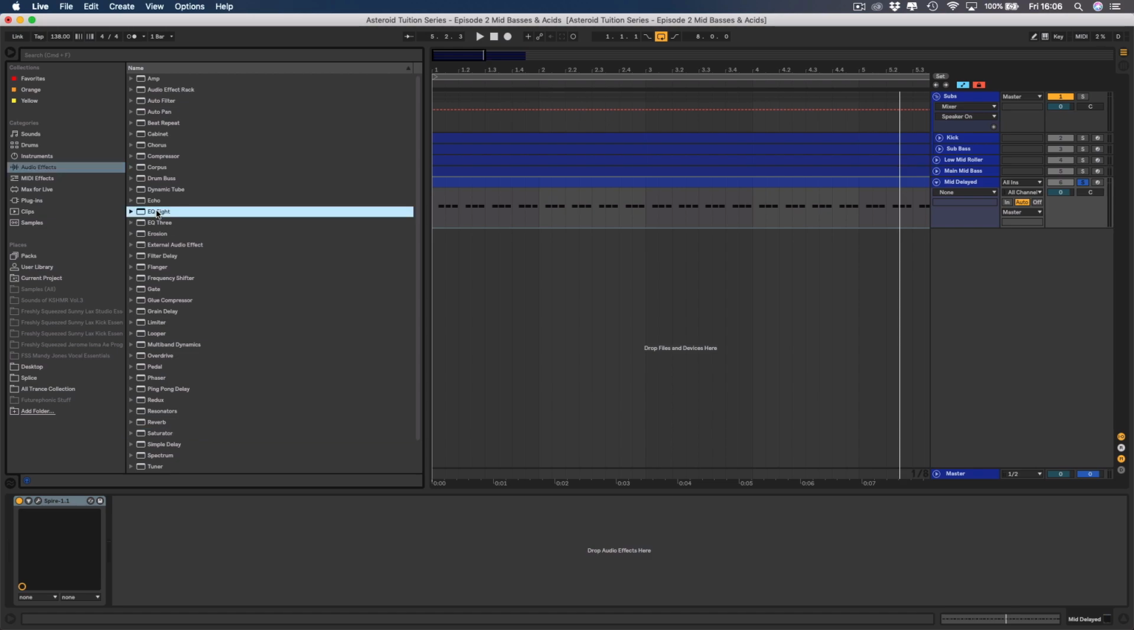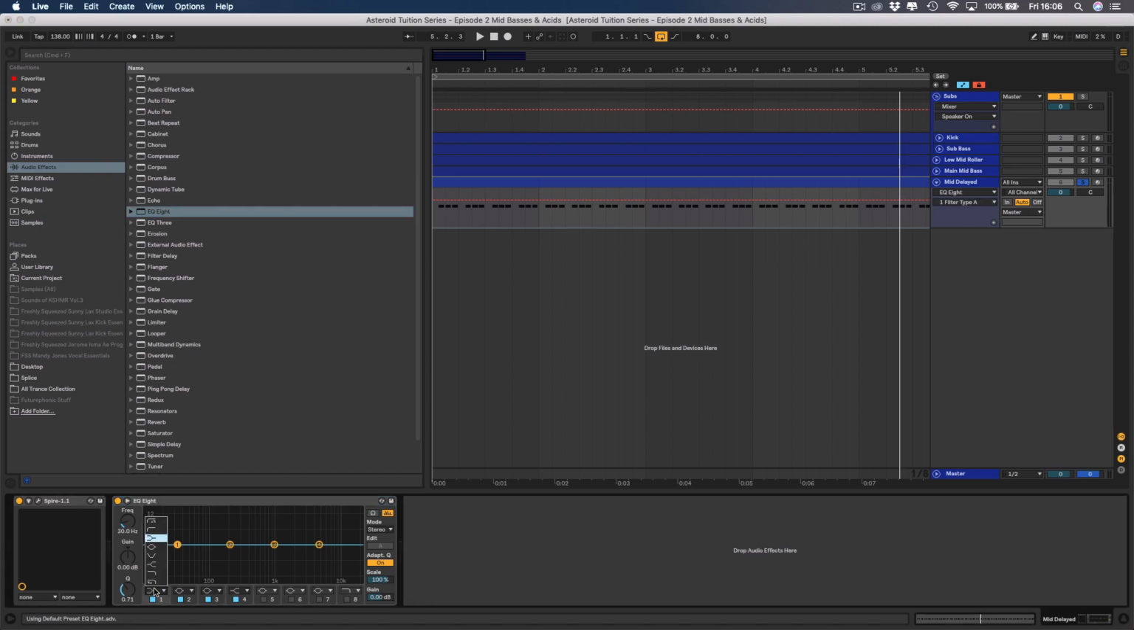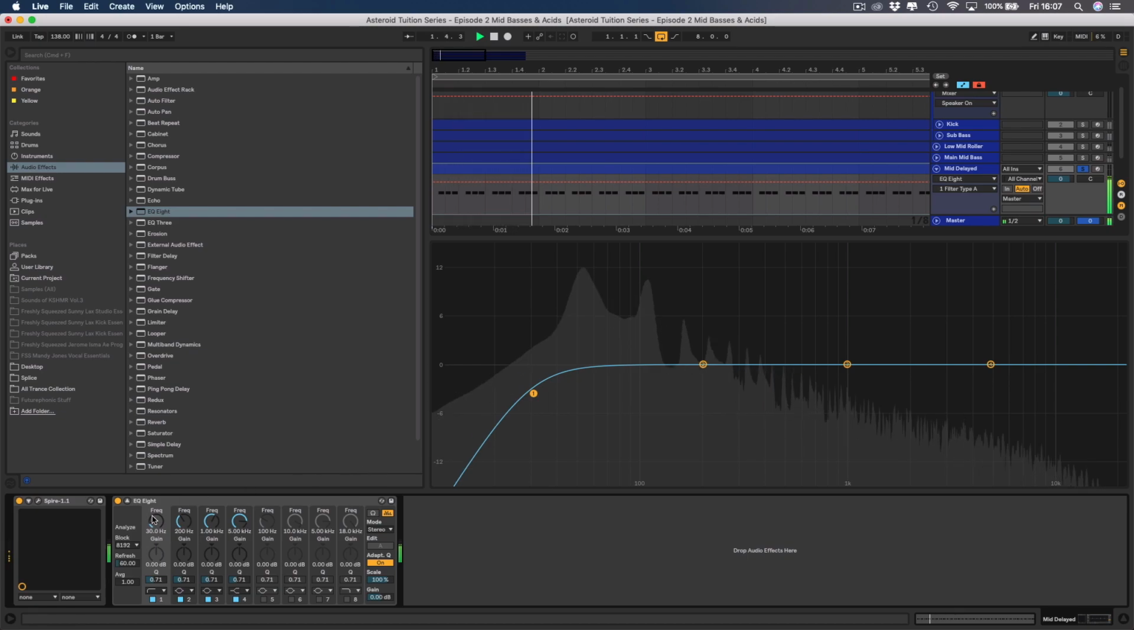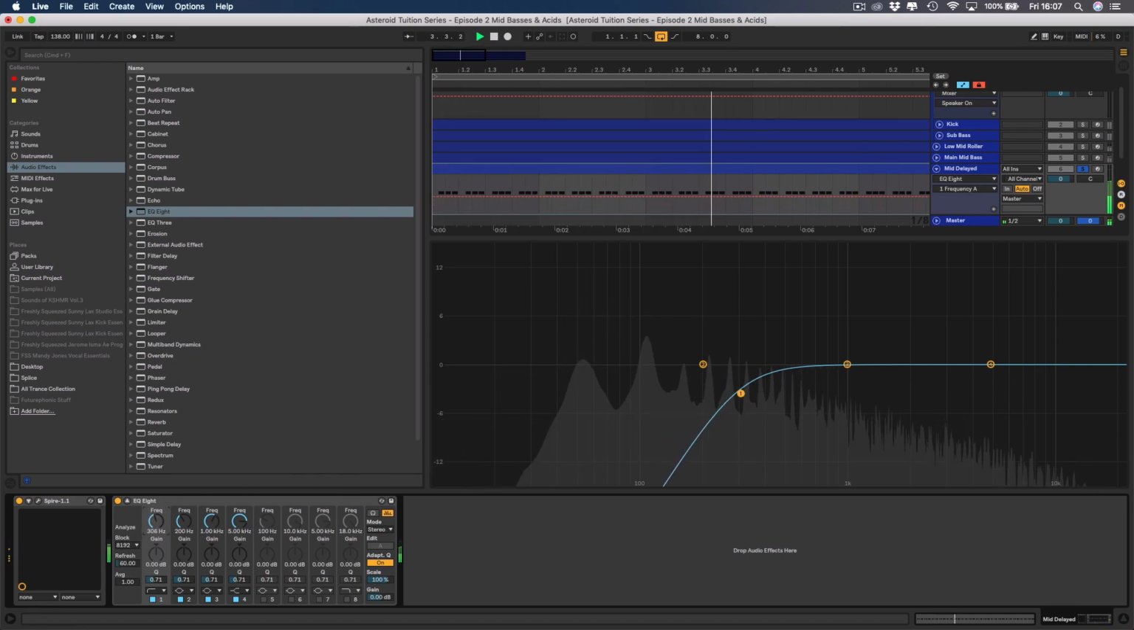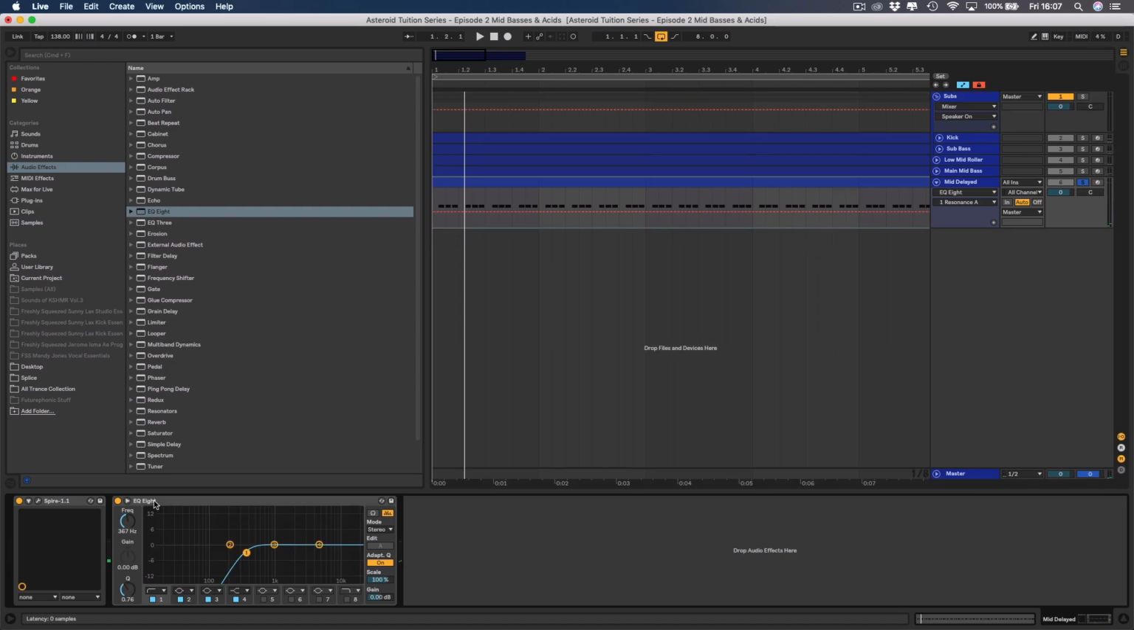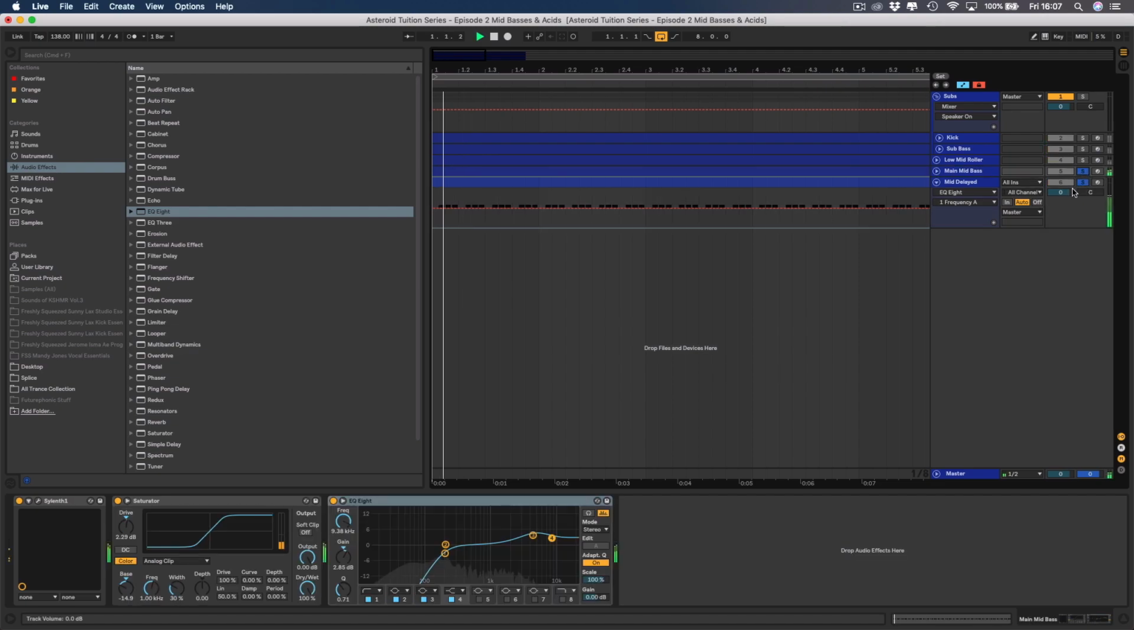So again, I'm going to jump into EQ8, and this time we're going to take quite a lot of the low off. Again, because we're only using this as a textured sound, the importance of taking away all that low end isn't a massive issue. And we just want it to sit with the mid bass really. So if I solo it with the mid bass,